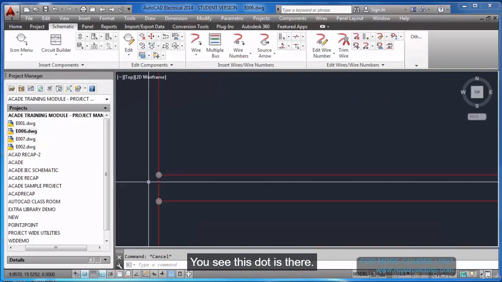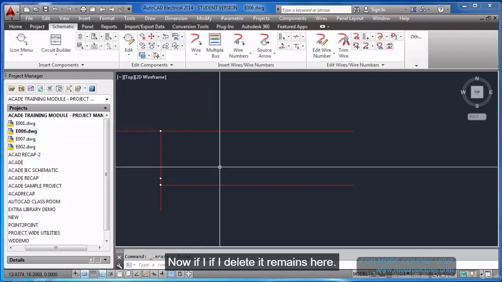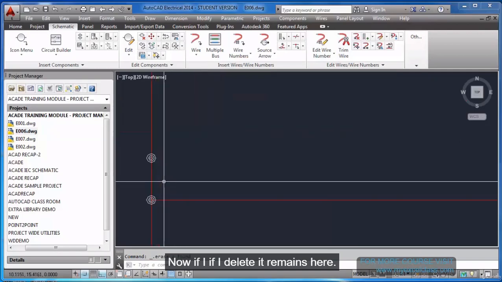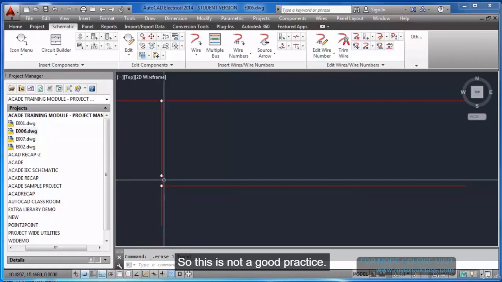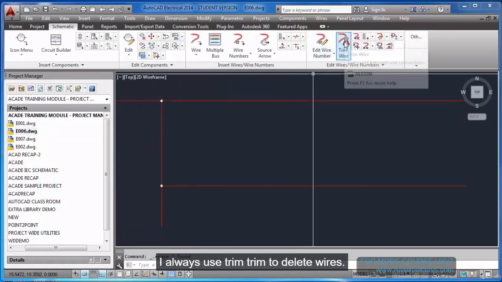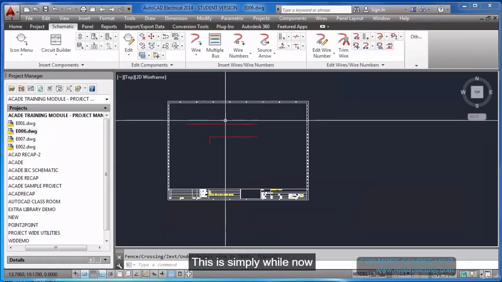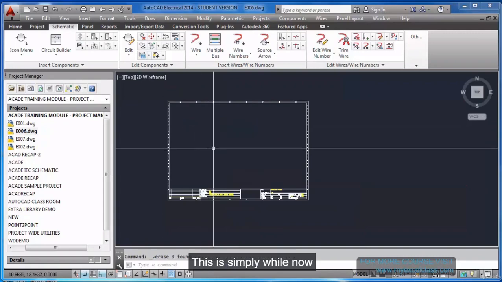You see this dot is there. Okay, this connection point. And now if I delete, it remains here only. So this is not a good practice. Always use trim to delete wires. This is a simple wire. Now